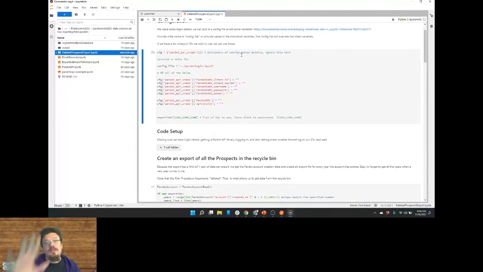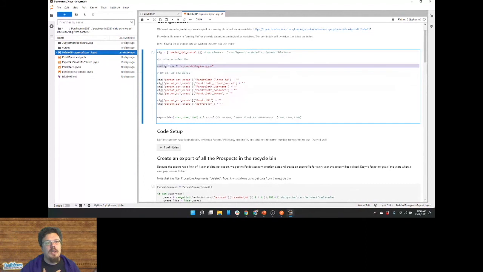So code, right? So we've got to log in. There are places we can log in. With the code, I pull in a login piece so that I don't have to display it. But if we wanted to, we could just type the values in. This code is available on GitHub.